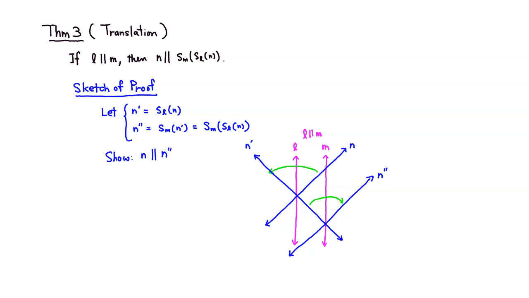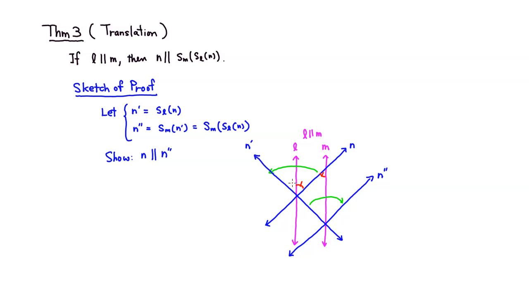We're going to start by keeping track of the congruent angles. By the Z property, since L and M are parallel to each other, we know that the angle here is going to be congruent to the angle there. Then maybe I'll write it like this. Next step: since this is a reflection, it preserves angle,